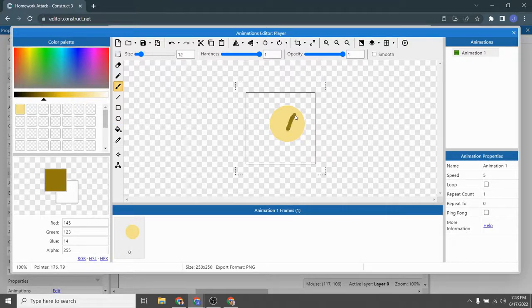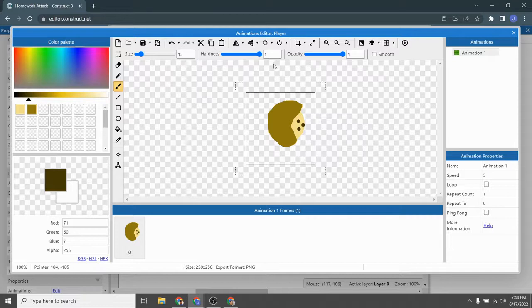and then I'll use the paintbrush right here just to draw some hair on my character. Here we go, and I can use the bucket tool to fill that in, and then we'll just fill that in right there. Now in Construct 3, we want to make sure that we make our characters facing to the right. That's going to be the forward direction. Let me go ahead and save this color, and then I'm going to go a little bit darker for some eyes,